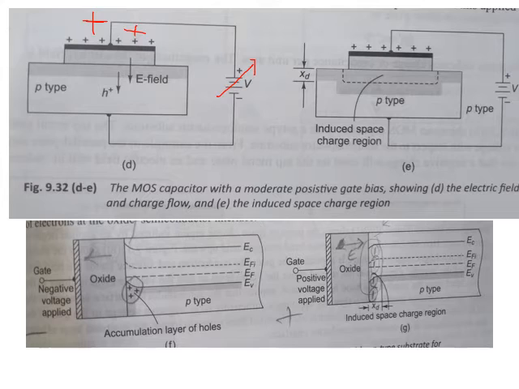So what will happen now? The holes were nearer to the junction, right? Now if I change that polarity, what will happen? This positive will repel the holes. Yes or no? Earlier I was applying negative field here, so all the holes were traveling towards the negative field. Now I have applied positive potential. So what will happen now?